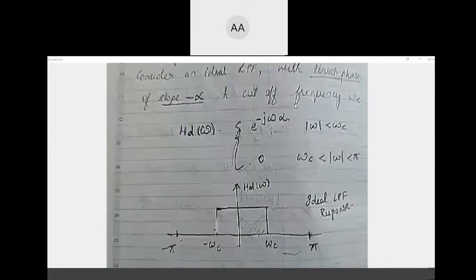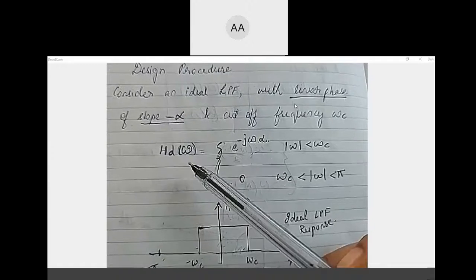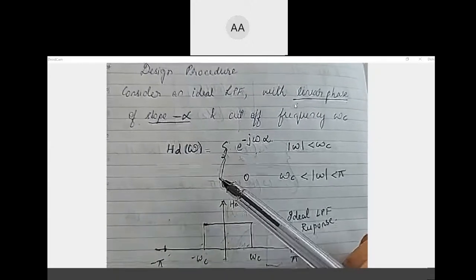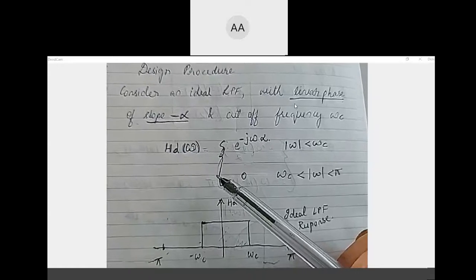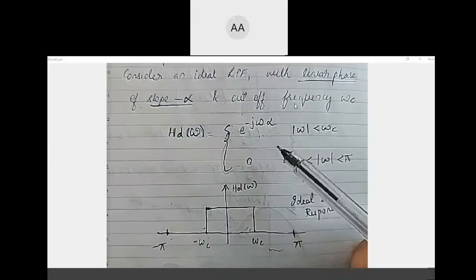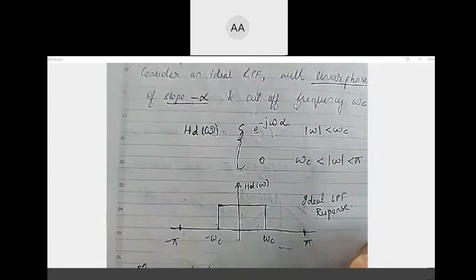So we were looking at the design procedure for a low pass filter. How do we understand a filter's given response, which includes nothing but the magnitude response and the phase response? For any frequency response of any filter, whether it's low pass or high pass, you will obtain both the magnitude and the phase. So we saw that by using an exponential, we can express the filter's frequency response in a very nice way, which gives us both the magnitude and the phase.